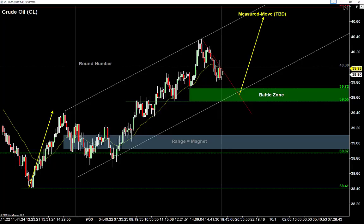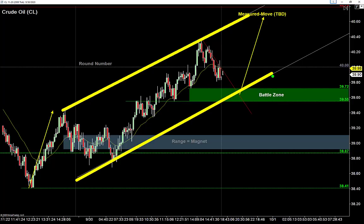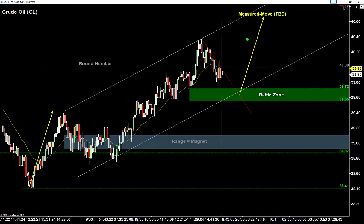Because like I said, the first thing I think about is I'm going to draw a trend line off these highs. I'm going to draw it right off these lows. And my first thought was, I'm going to look to be a buyer, right, off of that low. The combination of the range magnet, the blow off top, though, what I hope I can get tomorrow is sort